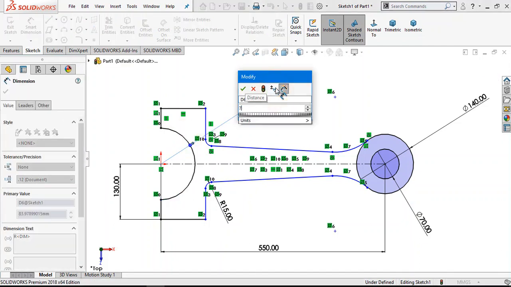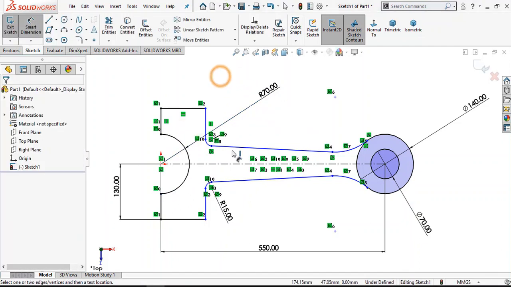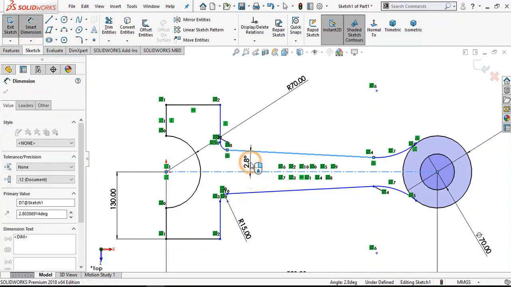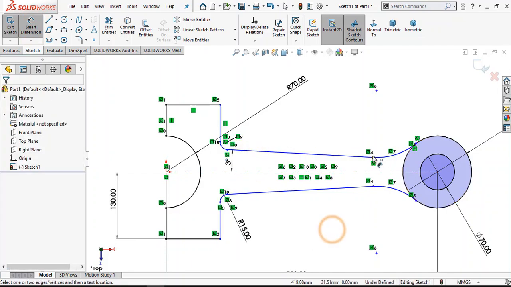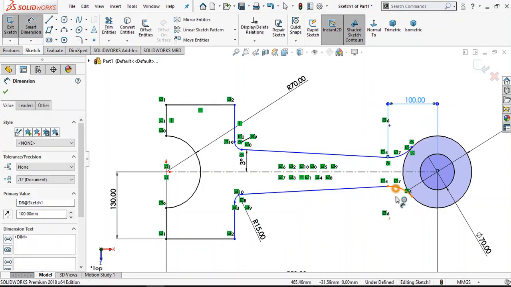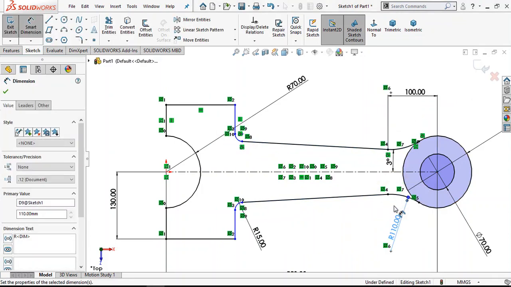This arc is 70 mm. Now give the angle 3 degree. This distance is 100 mm and this radius is 110 mm.